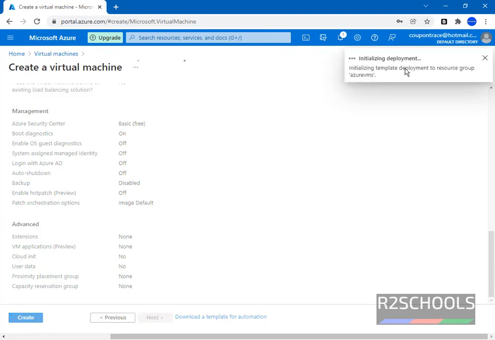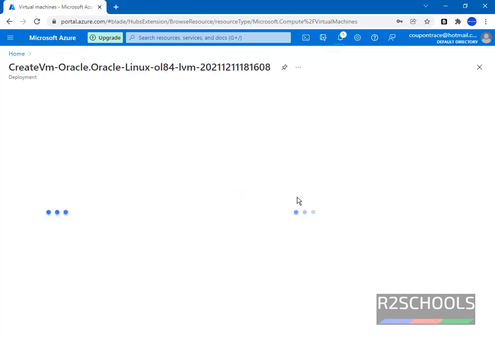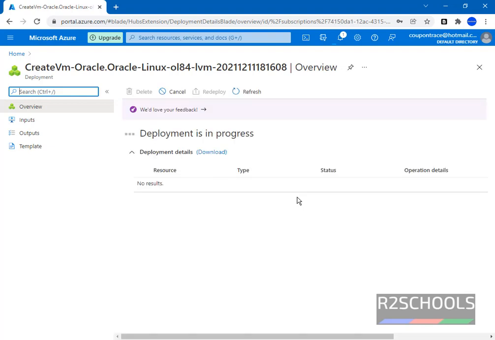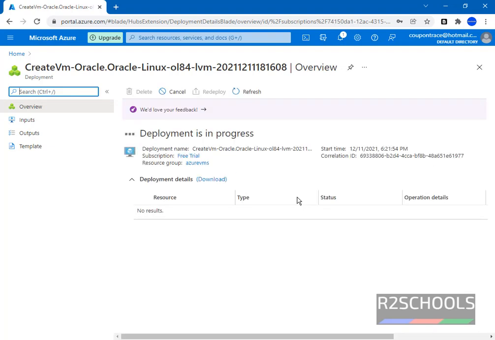See, it is initializing deployment. Deployment is in progress. Notice this section is going to show list of the applications or tools created for this virtual machine.